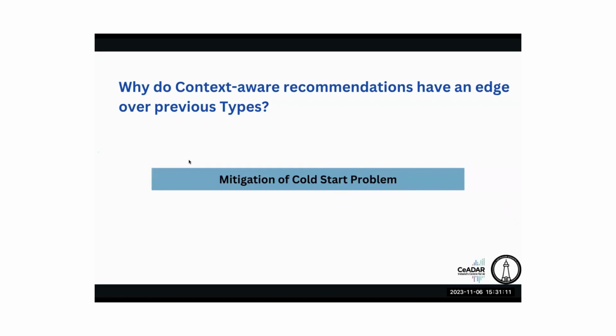The next important thing is mitigation of the cold start problem. As we are all aware of the cold start problem, let me give a small overview. The user cold start problem is when there's no prior information of user data or any other items. Here contextual information can help alleviate the cold start problem, where there is limited historical data for new users or items. For instance, a context aware system can make recommendations based on the user's current context, even if they are a new or first time user. The current situation can be used and the system can be further trained based on the context they are currently in.